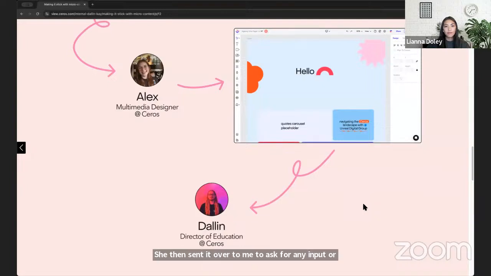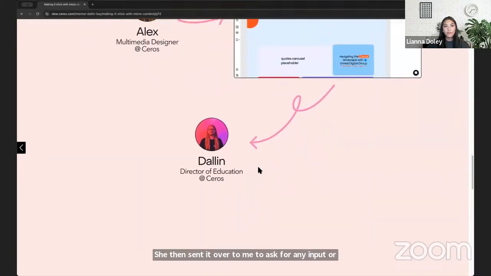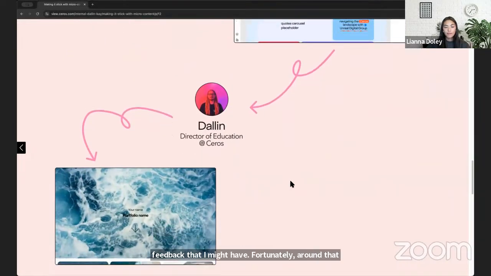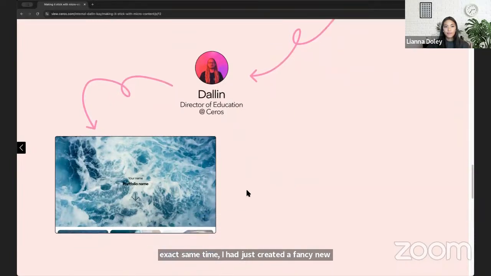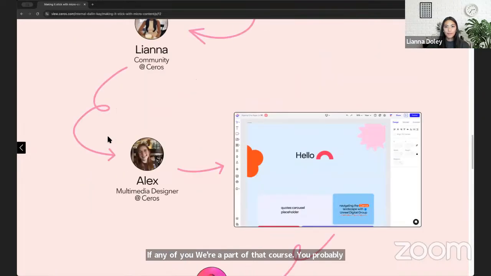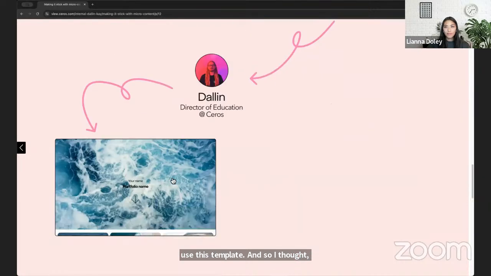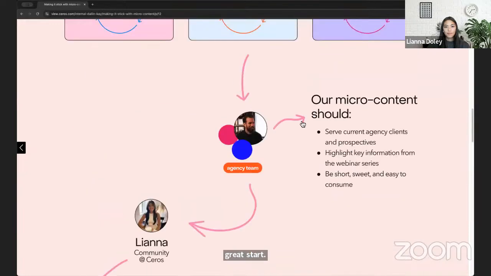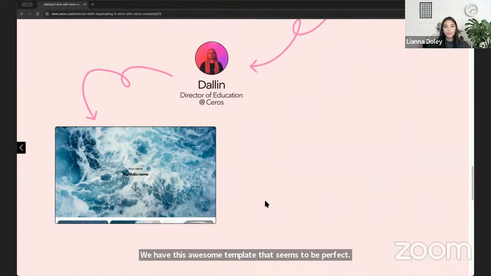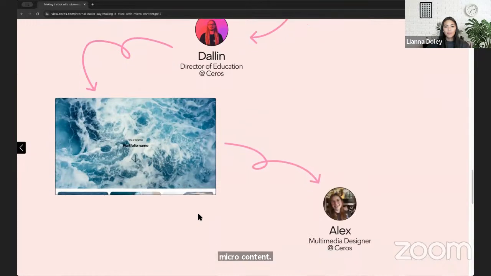Fortunately, around that exact same time, I had just created a fancy new template for a course that we were teaching, the Non-Designer Central Design. If any of you were a part of that course, you probably used this template. And so I thought, Alex, this is a great start. We have this awesome template that seems to be perfect for what the agency team is trying to solve with their micro content. So I gave Alex the template, and then she started to apply everything that the agency team wanted into the template,